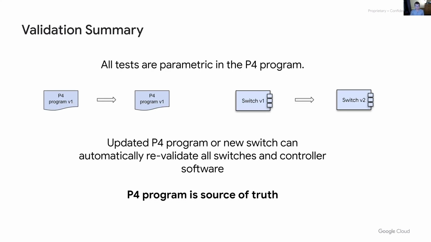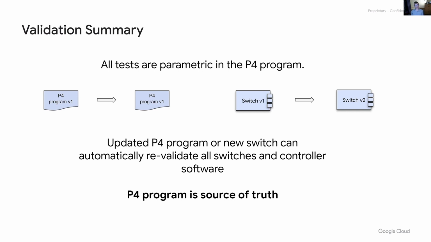And so in summary, I think the really cool thing about all of this validation technology that we've been able to build because we've been using P4 is that essentially all of these tests are parametric in the P4 program. So what that means is the P4 program is really an input to these tests. And as you change your P4 program, so maybe you want to use a new feature, and so you go from a P4 program in version 1 to a P4 program in version 2, all you have to do is basically just rerun all of your tests, and you automatically get coverage